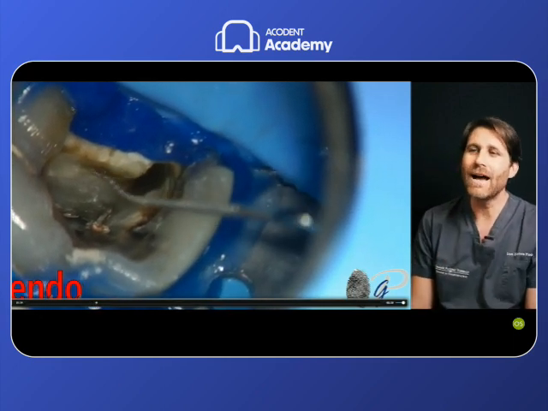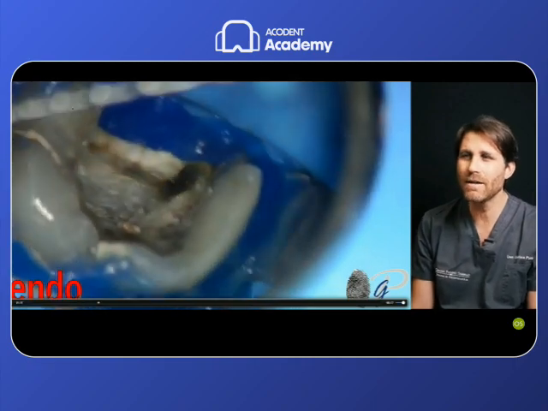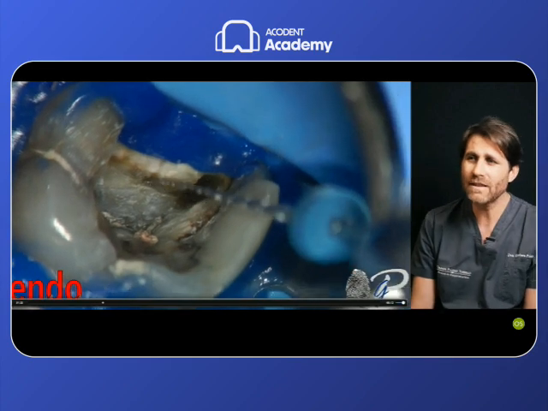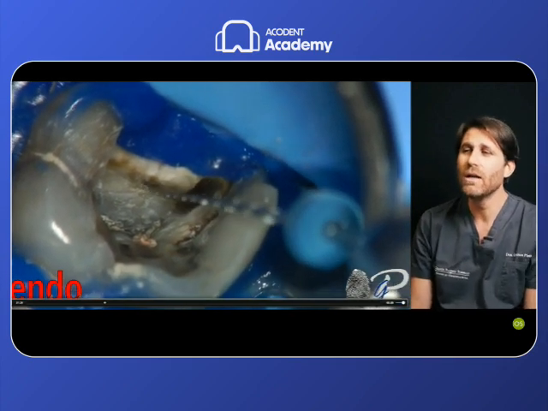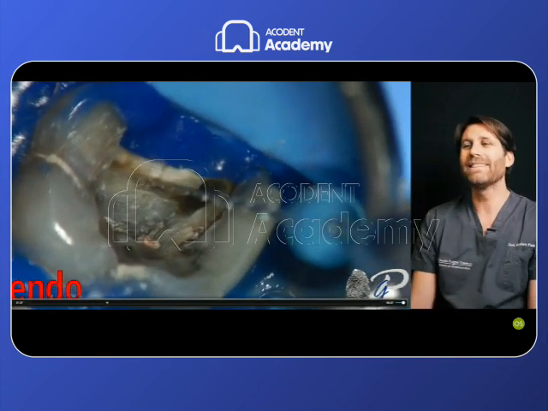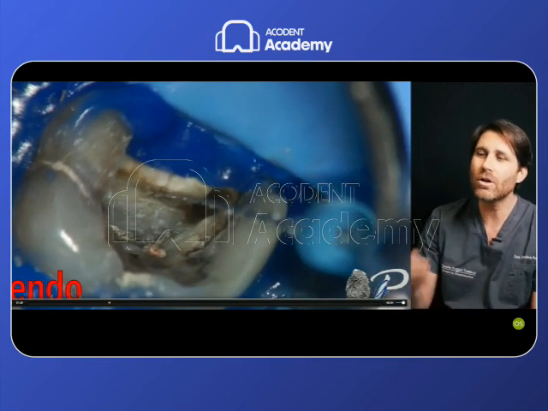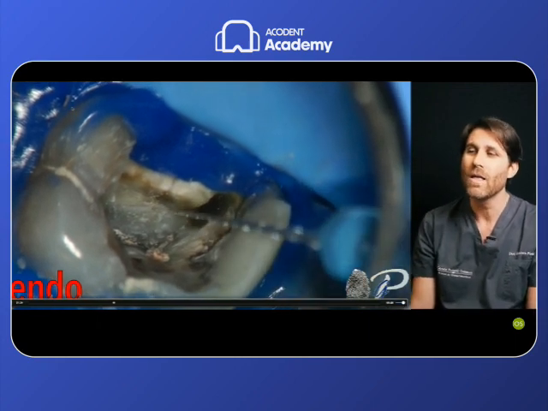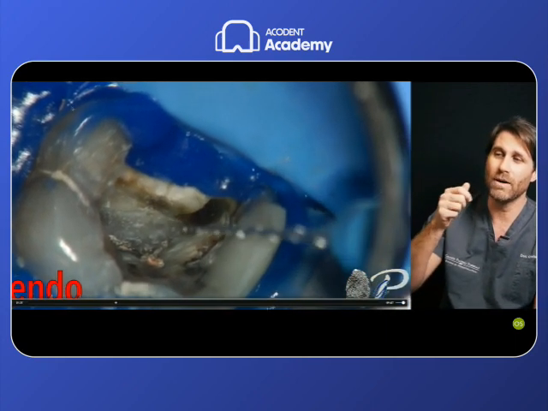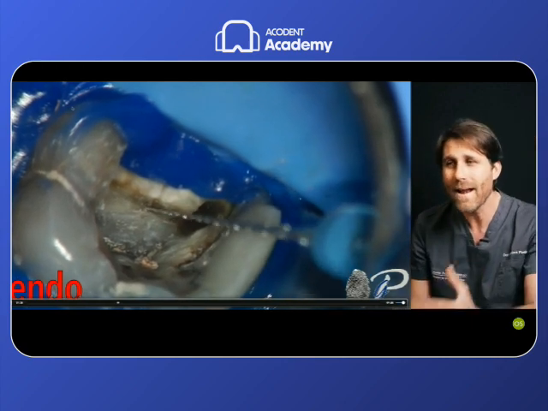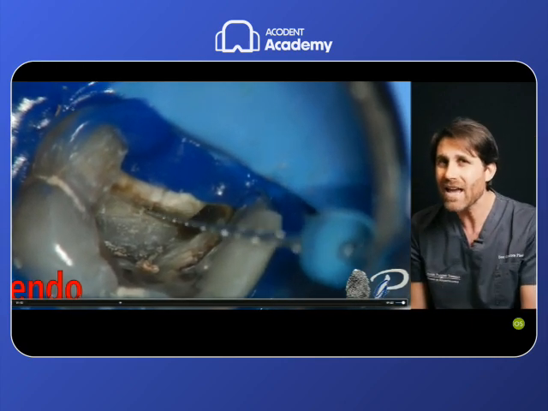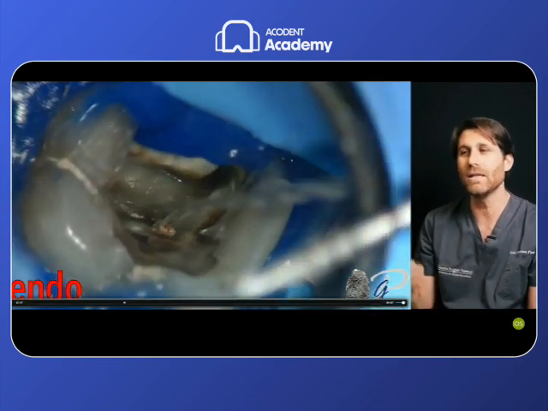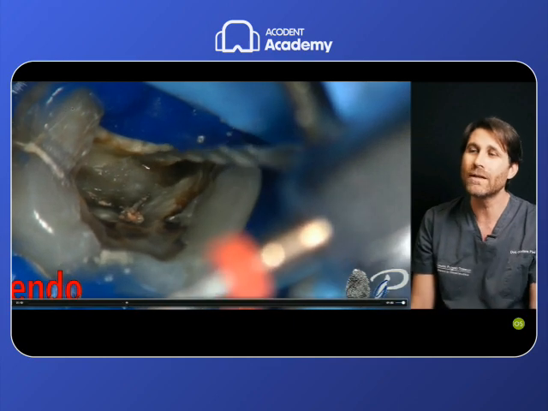Hand files don't work at all in these cases. They don't penetrate even 1 millimeter. So again, the orifice is there. I have identified it. Again, I tried with the small reciprocating glide path file, but again, this tip is too small. It does not withstand my axial pressure to try to penetrate this anatomy. So I'm pushing a bit on the instrument, performing an axial pressure, trying to penetrate this orifice, to engage the first blade of the instrument to cut and to remove this dentin that would permit the instrument to advance even more. So I took a different file.